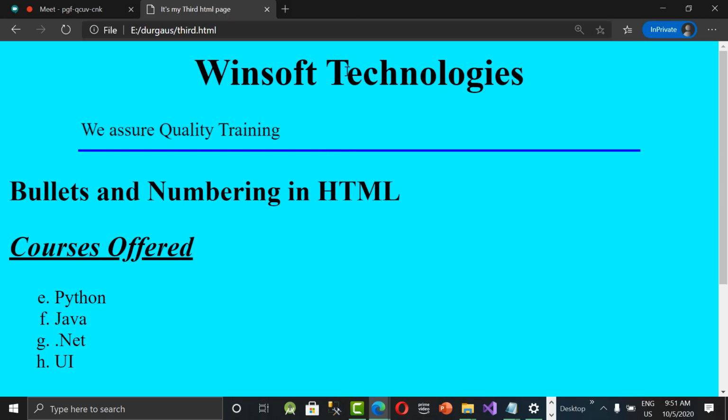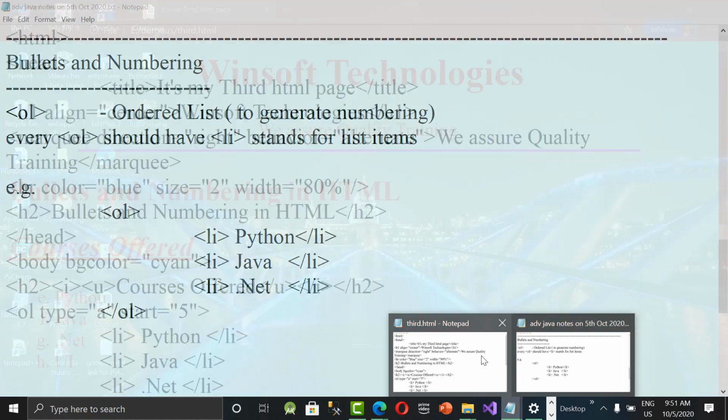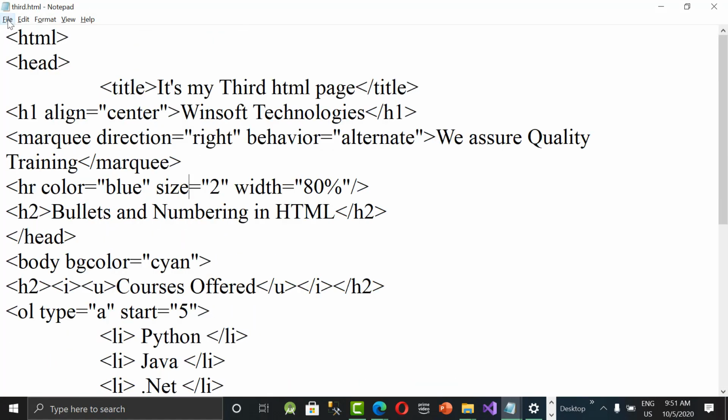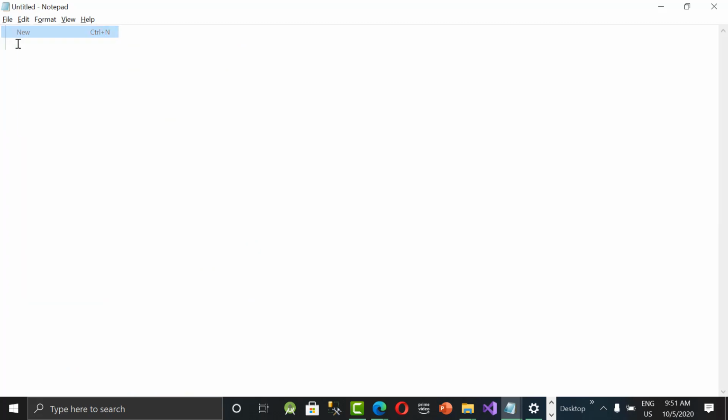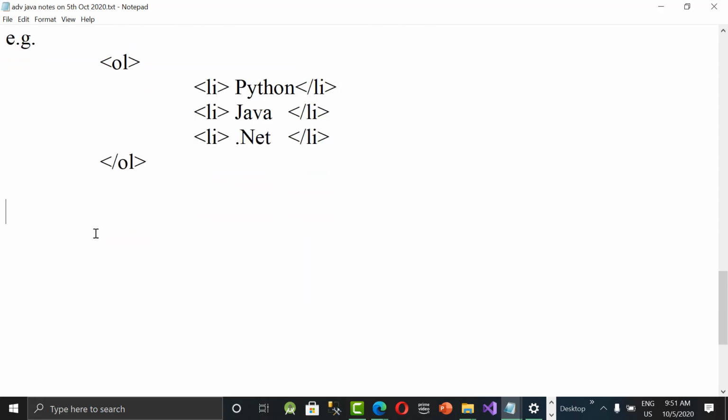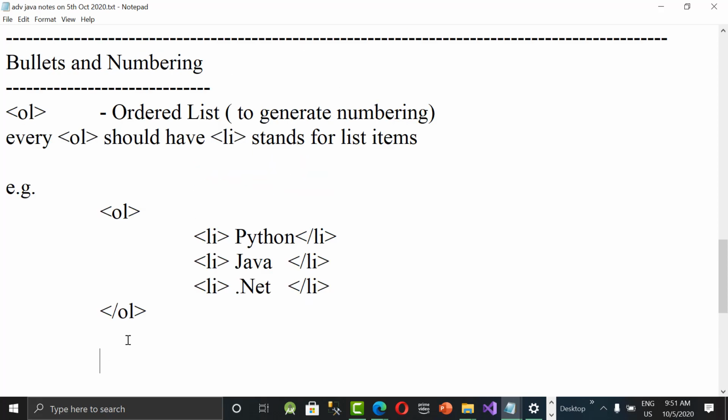Now we'll go to another file where we are talking about images and other tags. Let's go to a new file. We are talking about the img image tag and other tags will continue. So till now, what tags have we done? OL, HR, UL, and marquee.